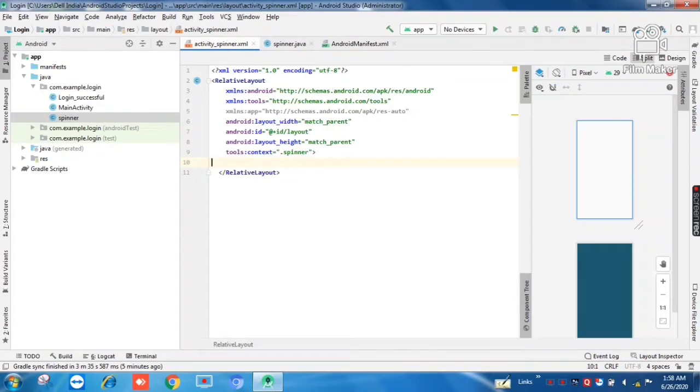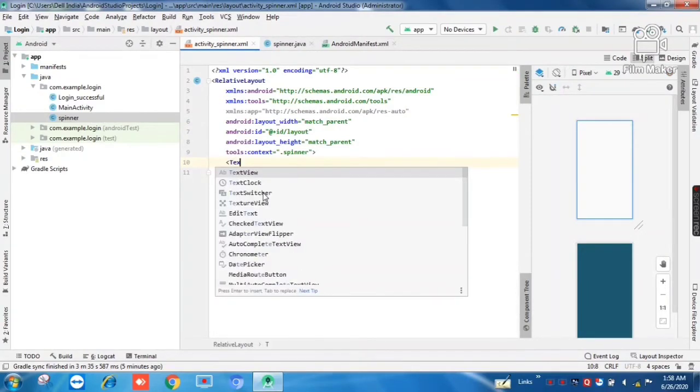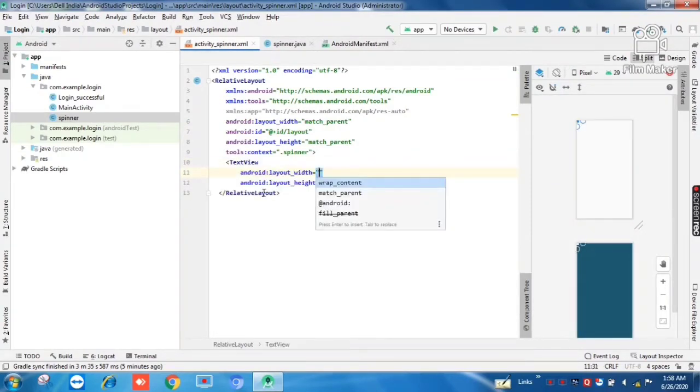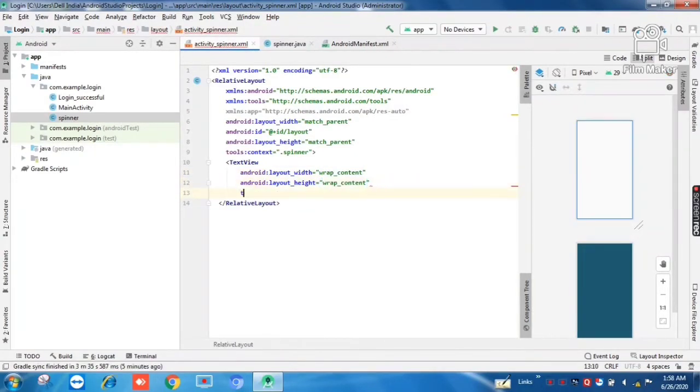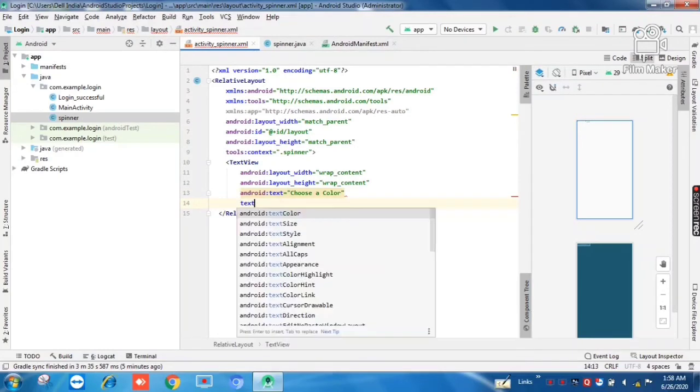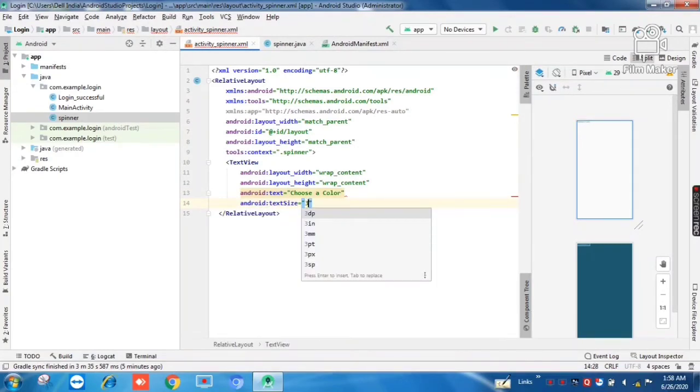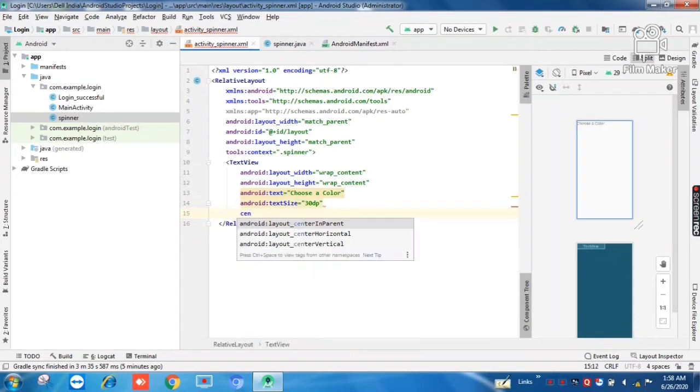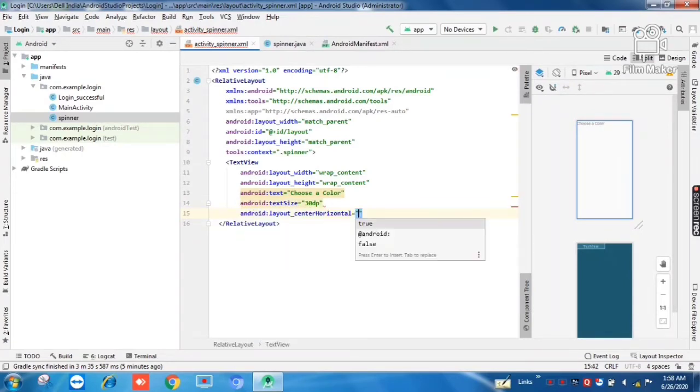In this relative layout, create a text view as per our design. Give its height and width as wrap content. Give its text as choose a color. Give it a text size of say 30 dp and put it in center horizontal as true.